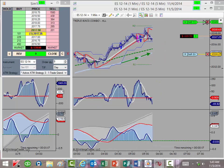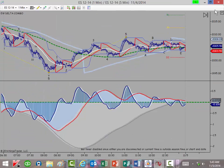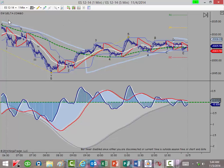Well, the market has pulled back once again and is hovering around our entry point, but I remain bullish. And since we've got a little time to kill here, let's see about what's going on in the bigger picture. This is what I see as the Elliott wave pattern from yesterday. We had a bearish impulse pattern followed by a bullish pattern, and then we had the dangerous and deadly